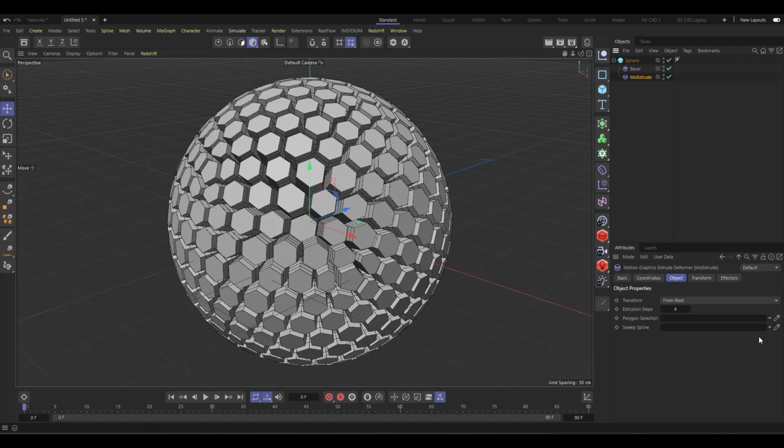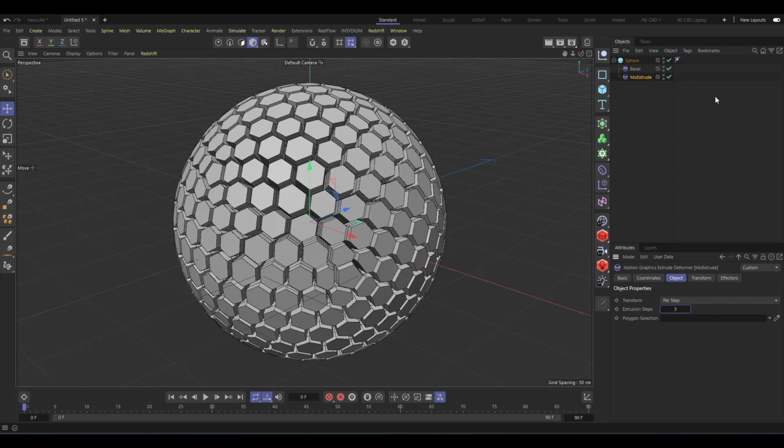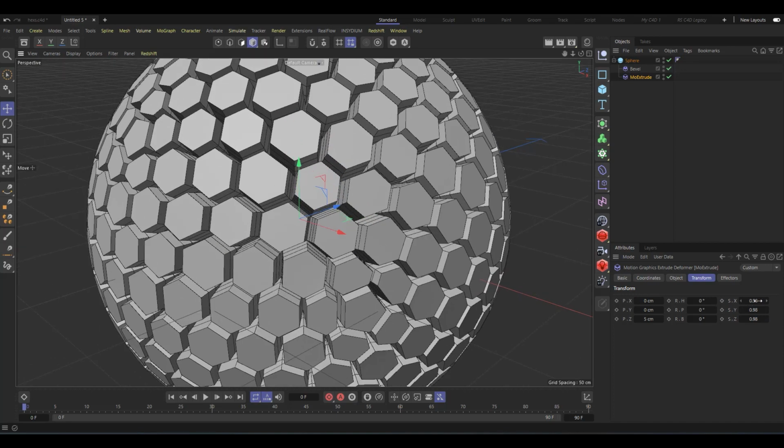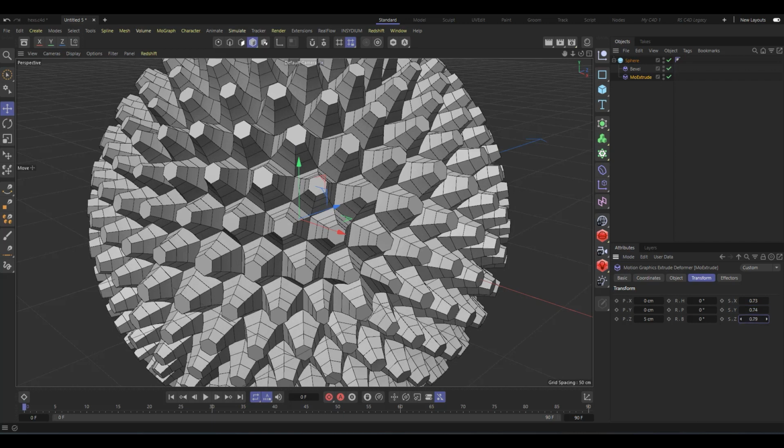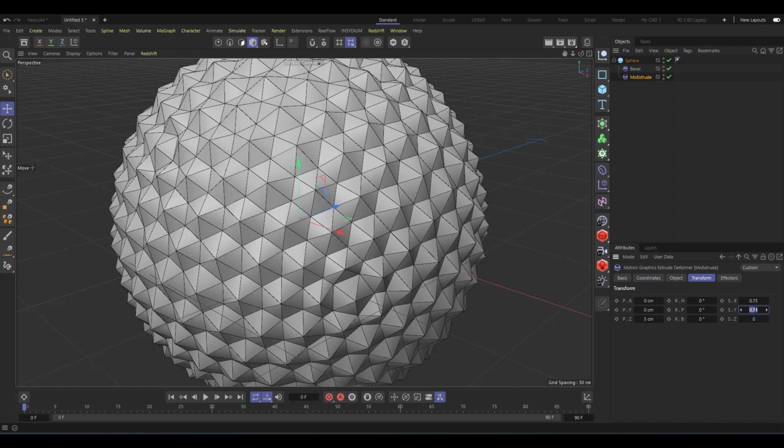So I'll select the Mo Extrude and come down here, and you can see the transform mode is set to per root. I explained all of this in that video, but I'll change it from root to per step, right? And then I'll increase the extrusion steps to 3, right? So we are good. I'll still come into the transform, and you can see whilst it's extruding our hexagon, it's making them smaller. If I reduce them here, you can see it's making them smaller, but I don't want that, so I'll set it back to 0, actually 1,